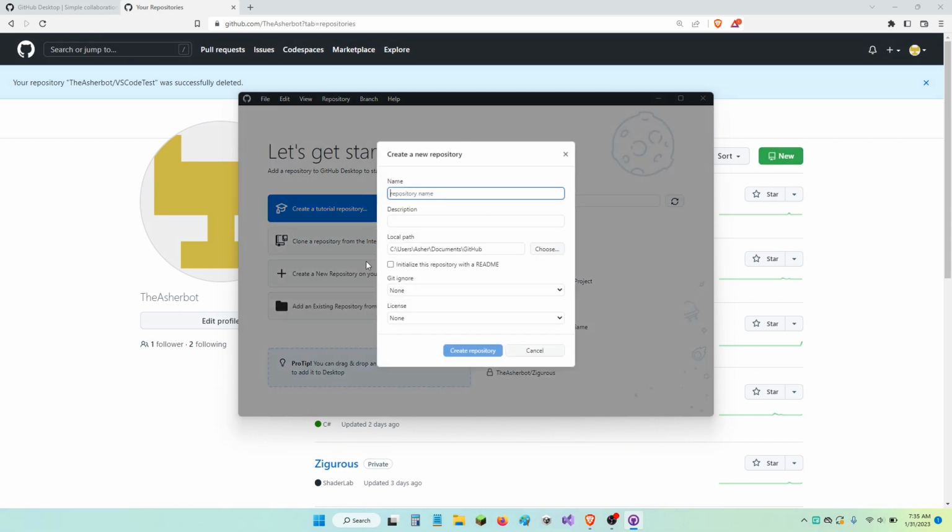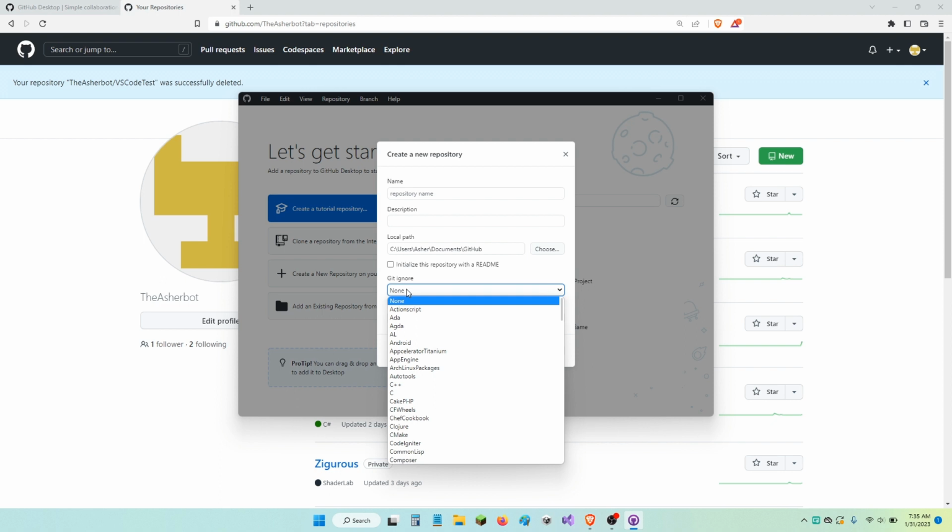If you click Create a new repository on your hard drive, you will be presented by this screen. To create a new repository, you will need a name and a location for the repository, but all the other information is optional. The gitignore is a text file that allows you to choose file types that you do not want to include in your project. There are many gitignores that GitHub comes with. For example, there's one for Unity,